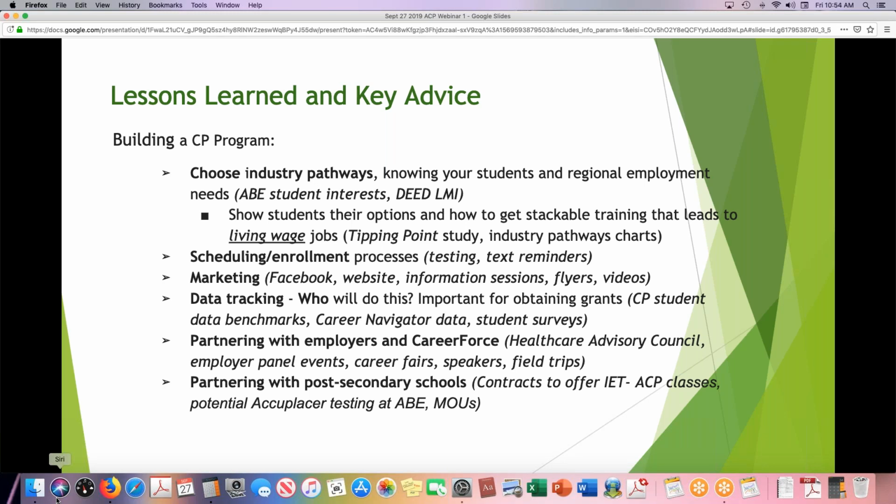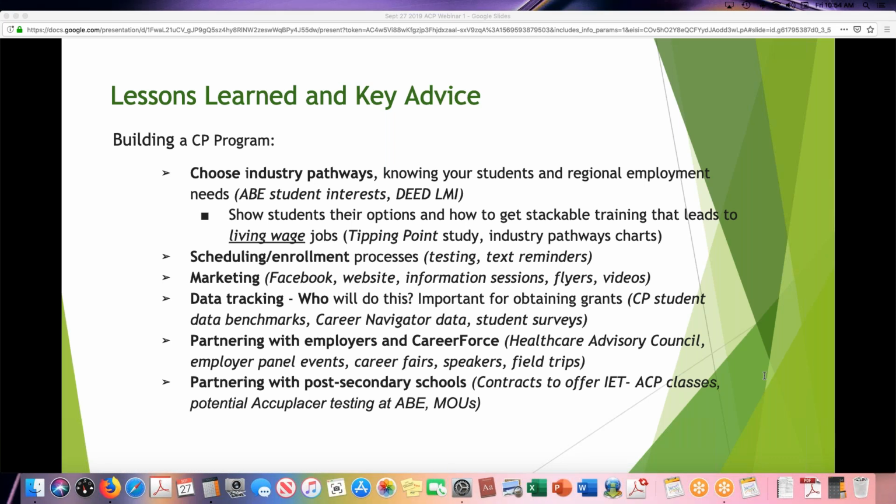Scheduling and enrollment processes, you can just keep that in mind. There's marketing, and data tracking, basically who will track the data. That's really important for getting grants. Partnering with employers and CareerForce, we've done some of that as best as we can, and partner with post-secondary schools in many different ways. There are many ways to do that.